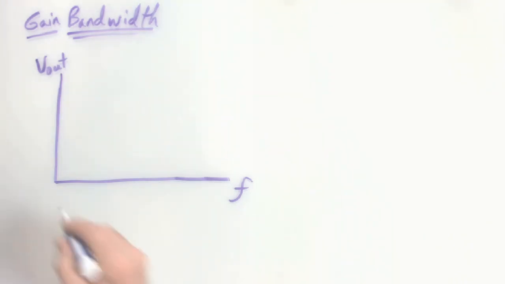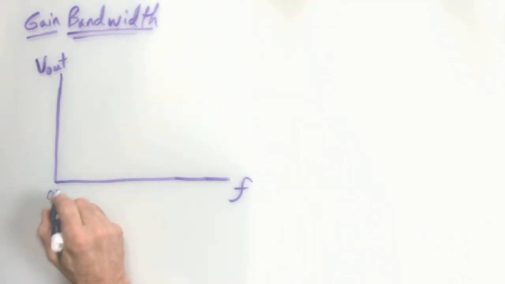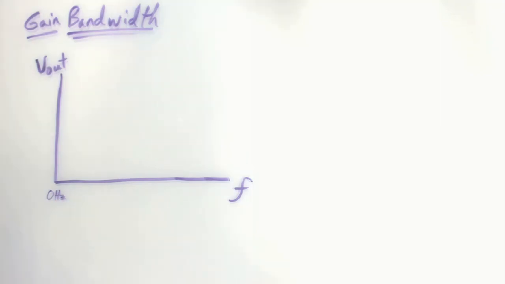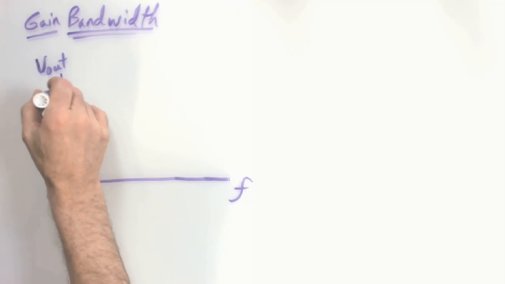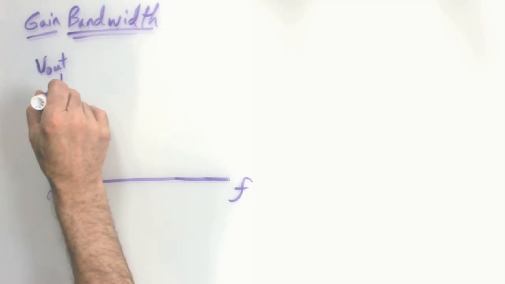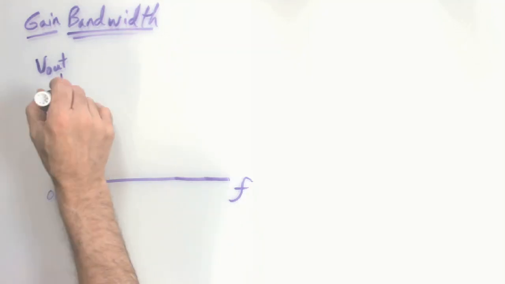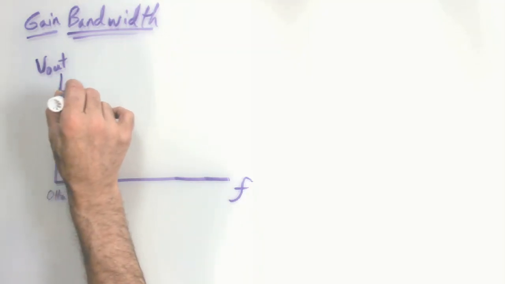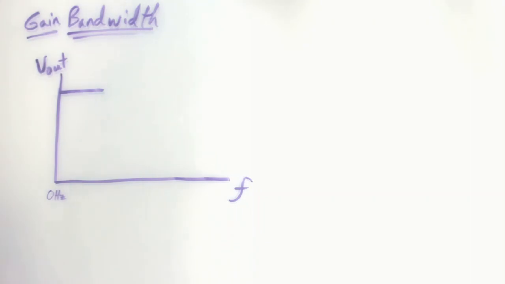So op amps do fine with frequencies all the way down to 0 hertz. They can handle DC, if you remember. And so the output will have no trouble with low frequencies, and on our plot here we can just represent the output doing fine. And then as frequency increases,